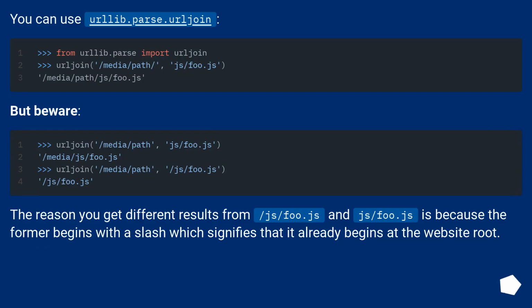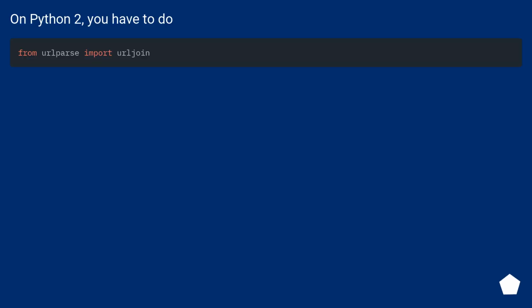You can use urllib.parse.urljoin. But beware. The reason you get different results from /js/foo.js and js/foo.js is because the former begins with a slash, which signifies that it already begins at the website root. On Python 2, you have to do